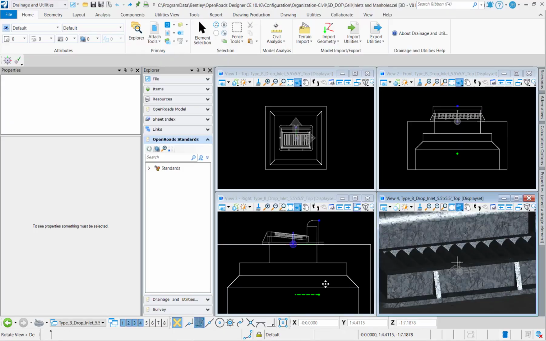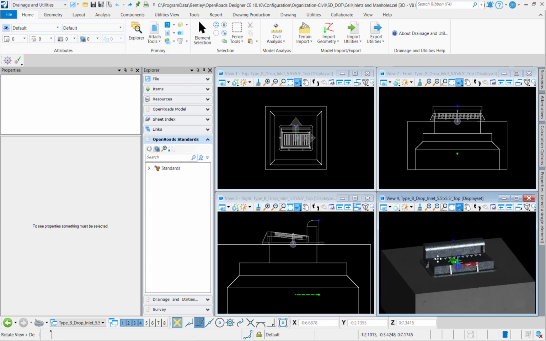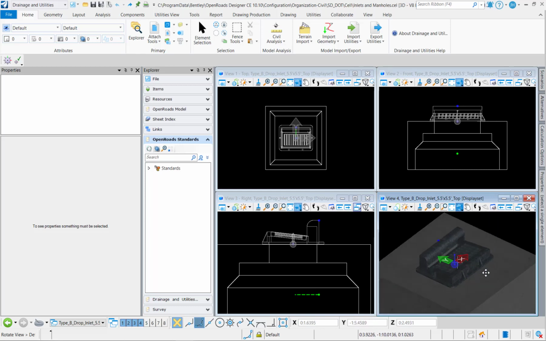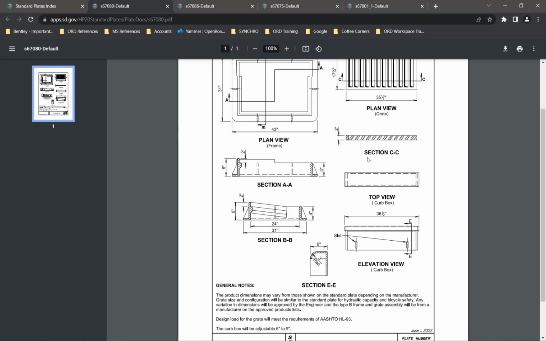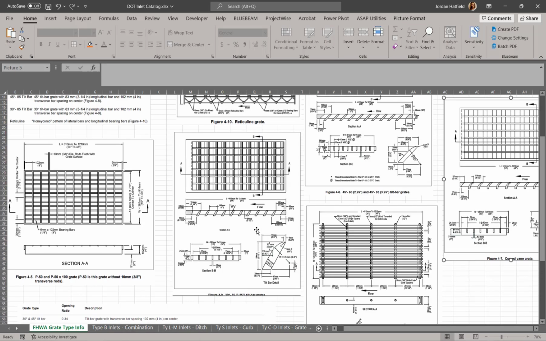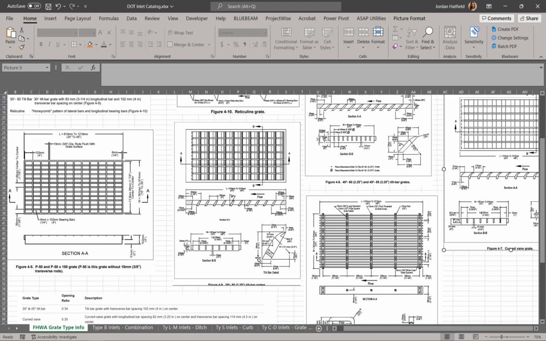Another thing you can do, if these inlets have already been modeled, is take a look at the 3D model to get a better idea of what that inlet is going to look like, and what type of grate it uses. But I'm going to refer to the standard drawing for this type B frame and grate. So I'm going to compare this with my HEC 22 grates and come up with the closest fit here. So after looking at all of these, I'm going to choose the 45-degree tilt bar, which is going to be